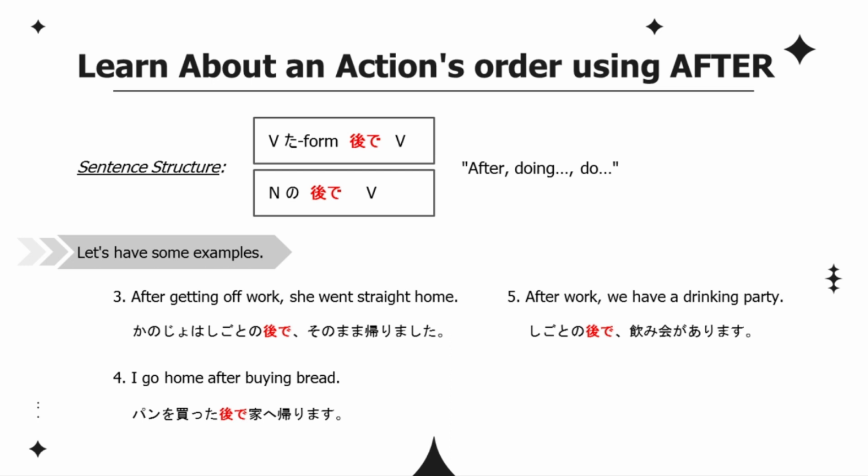Let's try to create more sentences in your notebook. I go home after buying bread. パンを買った後で家へ帰ります。 After work, we have a drinking party. 仕事の後で飲み会があります。